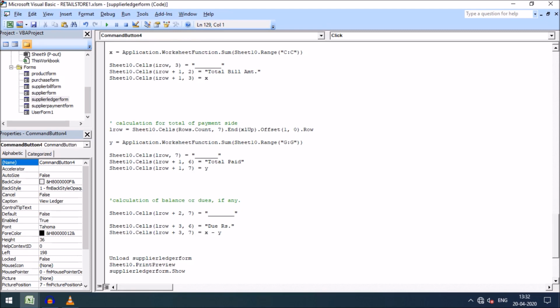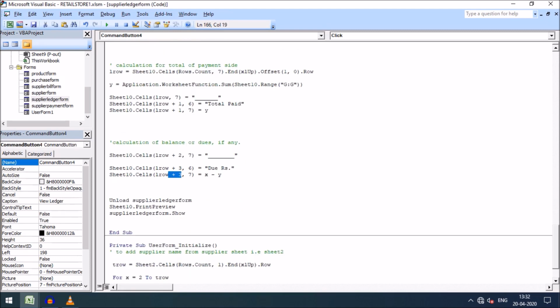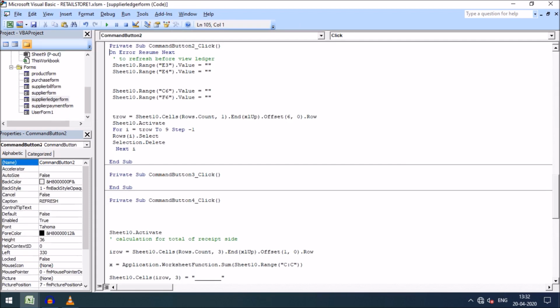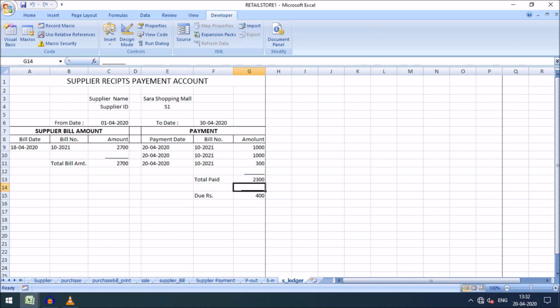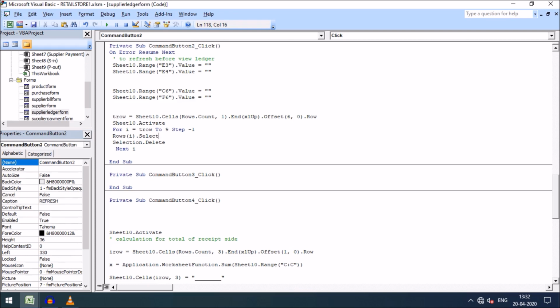Here you can see up to the third blank row I used. So here, friends, I wanted to refresh, I want to delete up to the 6th blank row. It will not create any problem. If you want to delete more rows, it will make sure that every row of the ledger will be cleared up to this section. So friends, I just took something more than 3 here, it will not be any problem.